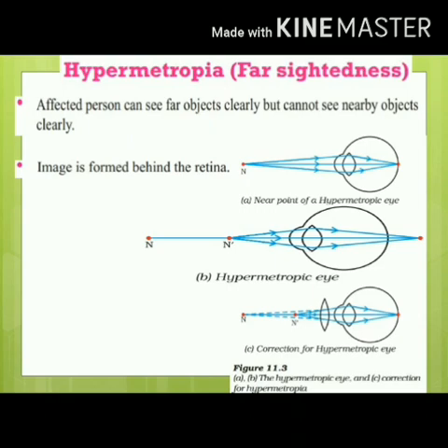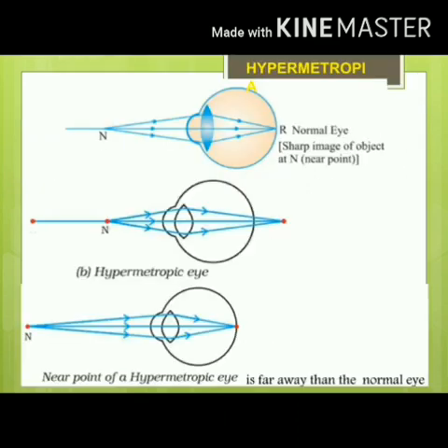So let us explain. Now, for myopia, you can understand that the object was at infinity for the diseased case, but for hypermetropia, the object is nearer. Nearby objects are making the image behind the retina. So here you see the first one. The first one is the normal eye. So what is the normal eye?